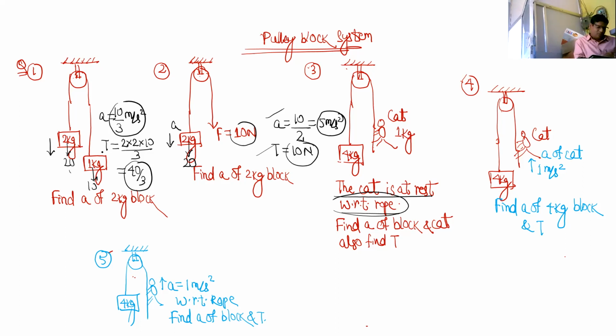So just like the 1 kg block moves here in first case, now the cat is waving like that. So it is at rest with respect to rope. It's not at rest with respect to ground. If you are looking from ground, then you will find that this block is moving down and this cat is moving up with respect to ground. It's at rest with respect to rope only means that it's not climbing up the rope or climbing down the rope. It's just holding the rope. That's the meaning. So this question number 3 is same as question number 1, so the answer will be exactly same. Acceleration will be how much? 10 by 3, and tension will be how much? 40 by 3. Have you got that?